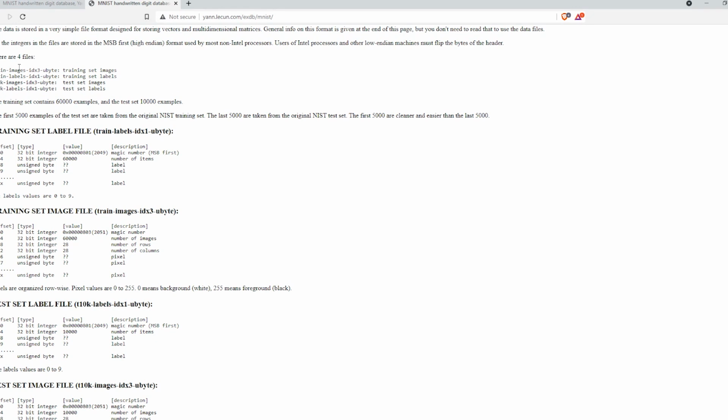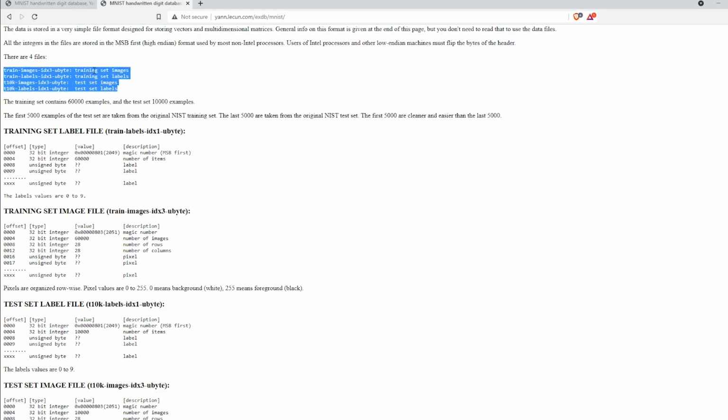The way these 4 files are structured is that your training data is stored in something known as IDX3 UByte format. Then the training labels, so basically y-train labels, are in IDX1 UByte format, and similarly we have the other files. This is a different format, so we are now going to learn how we can actually use that in our ML.